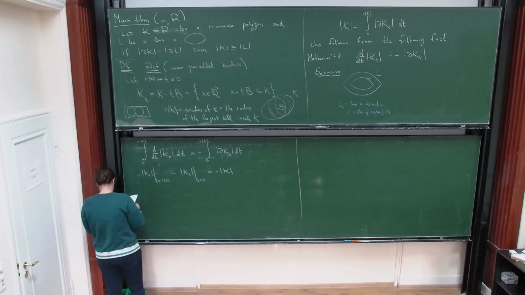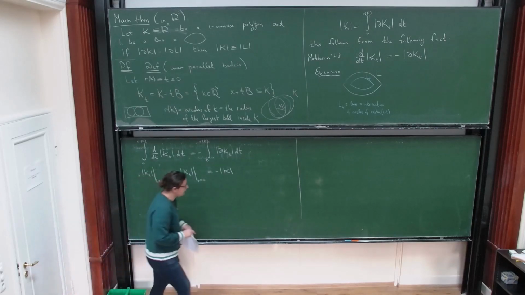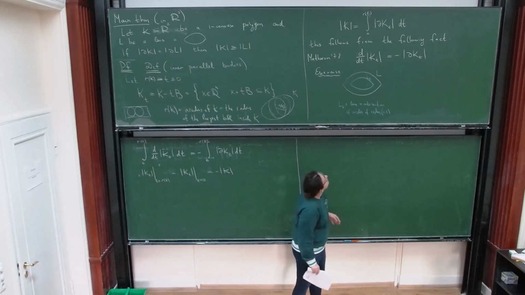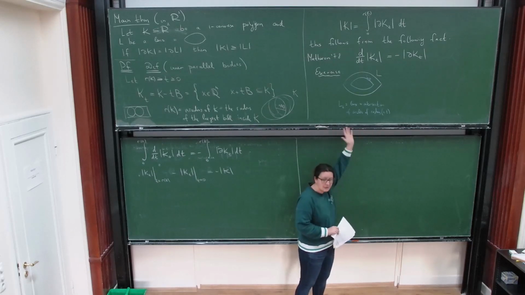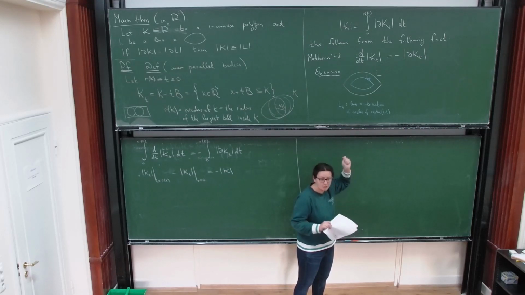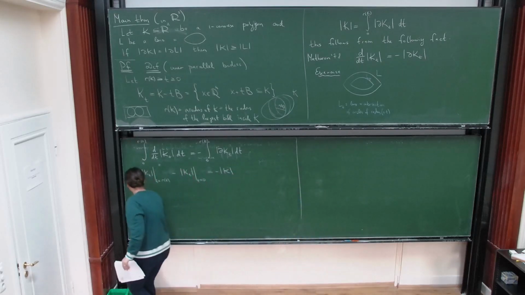Okay, so what is the next idea? If I have this connection, if I say something about the surface areas of the inner parallel bodies, in particular, what if I try to pointwise estimate this surface area and compare it to the surface area of the inner parallel bodies of my lens? Okay? So the idea here